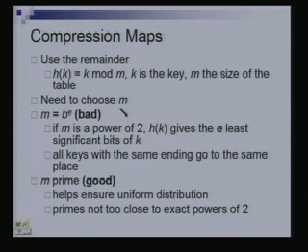Now, suppose you were to choose your m to be 2 to the something. Let us say your table is of size 1024, so m is basically 2 to the 10. What would that imply when I am taking some integer mod 2 to the 10? Essentially that means that I am taking the last 10 bits of that integer. Yes or no?